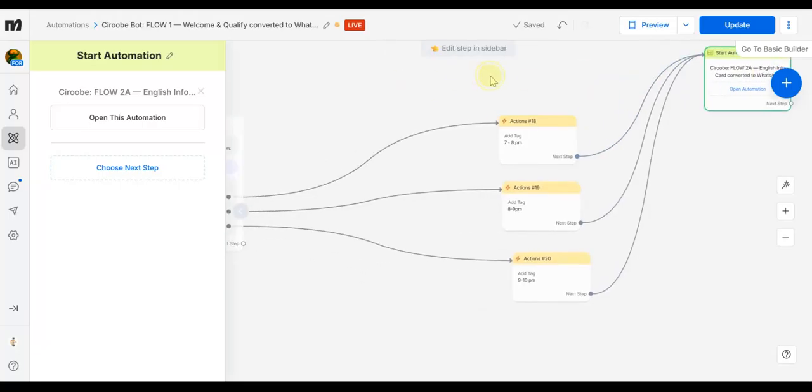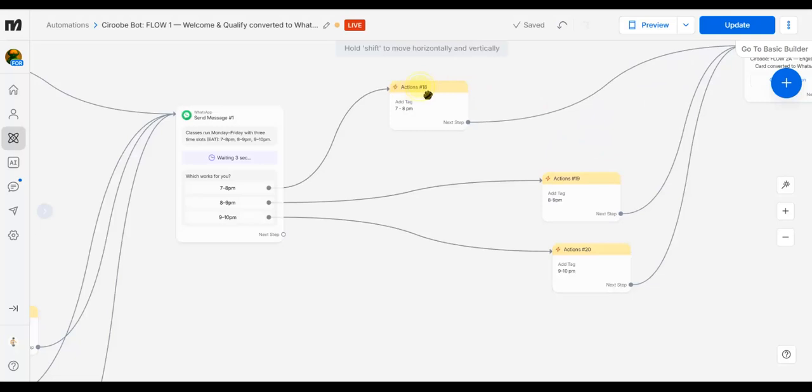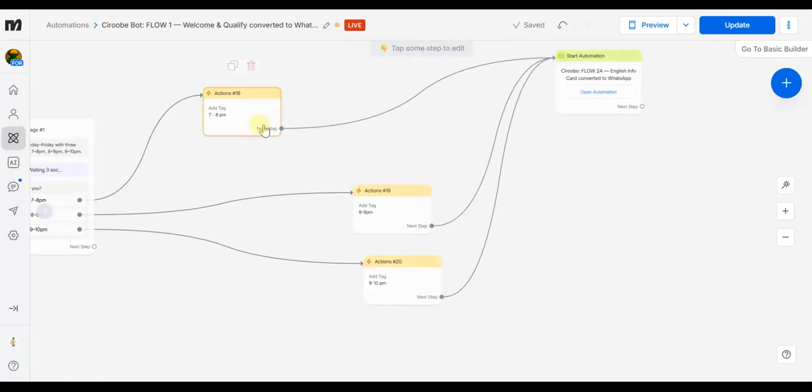But before I sent them to the flow of conversion, I made sure I collected this data. So first of all, I sent them to an action. That action was collecting data. Then after they have collected data, it sends them to the flow. The user will go directly once they click this, but in between we've collected that data, and that is how this system is important, because this data is what we're going to use in